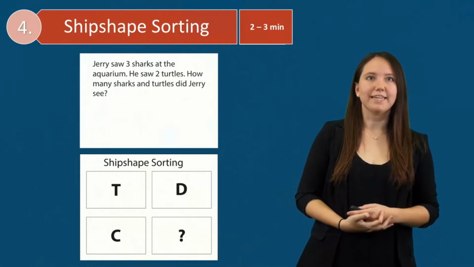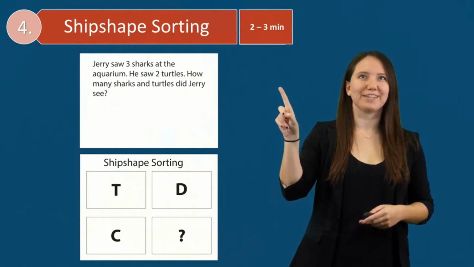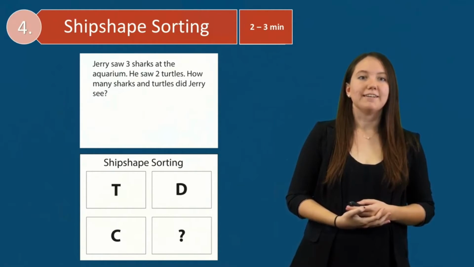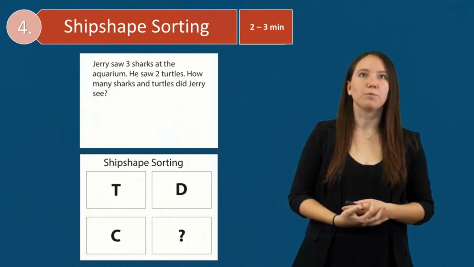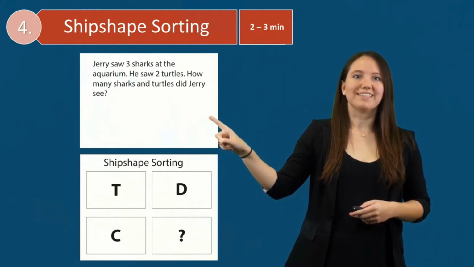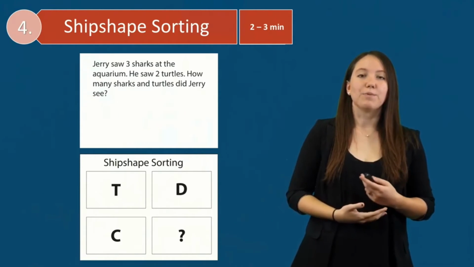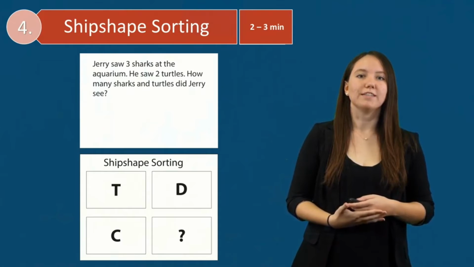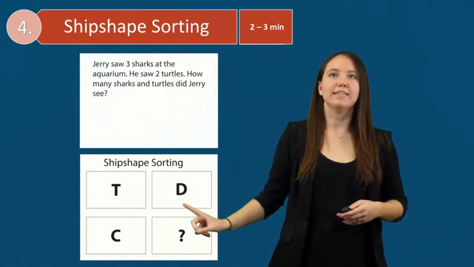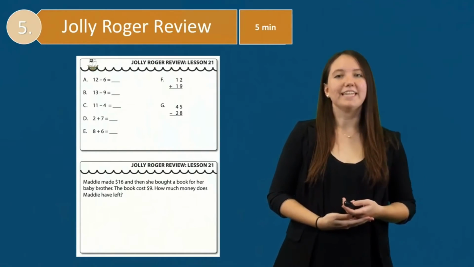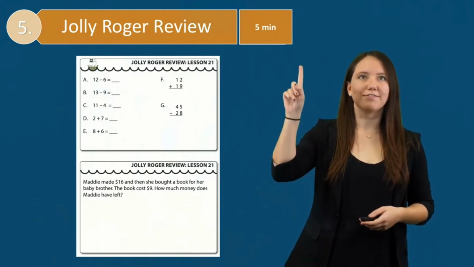The fourth activity in every lesson is Ship-Shape Sorting, which is a 2 to 3 minute activity. In this activity, students practice identifying word problem schemas learned during the Buccaneer Problems by reading word problem cards, an example of which is seen here. Students then sort the cards into the map, which is seen here, during a 1-minute timing. Students sort the cards by identifying which schema a word problem belongs to: T for total, D for difference, or C for change. Finally, the last activity in each lesson is the Jolly Roger Review, which is a roughly 5-minute